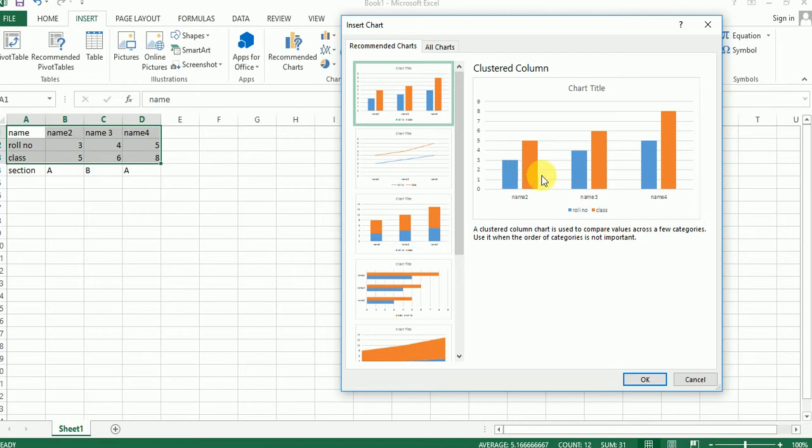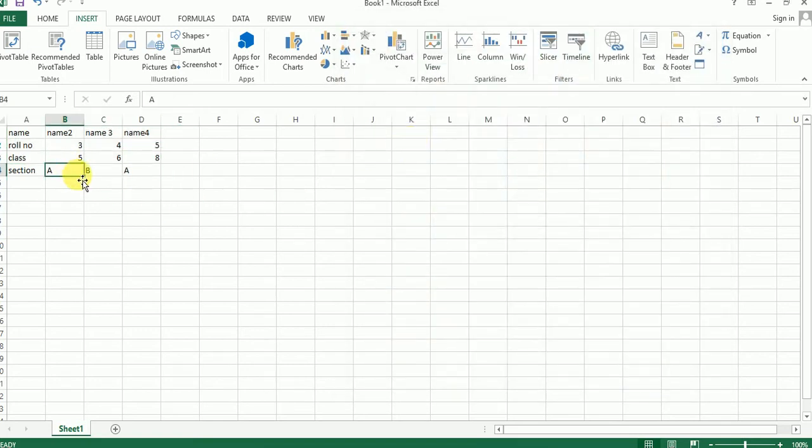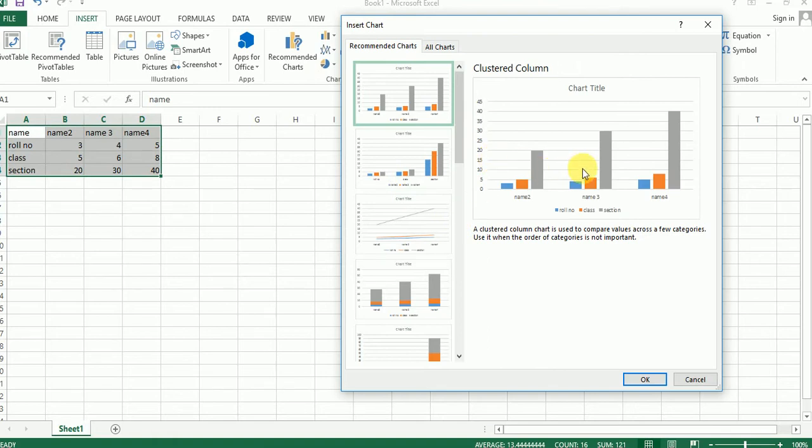Two series are available now, and the last, section, is not available. Why? Because A and B are not numerical numbers, so you can use numerical numbers instead. Just type section, suppose section is 20, name 3 section is 30, and name 4 section is 40. Now select the cells and choose recommended charts, and you can see three series are available.